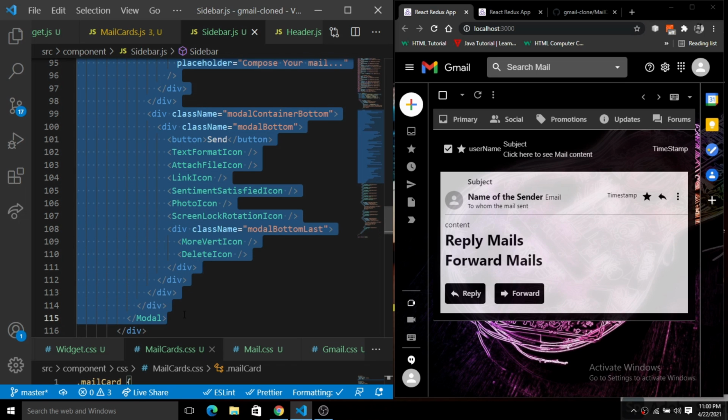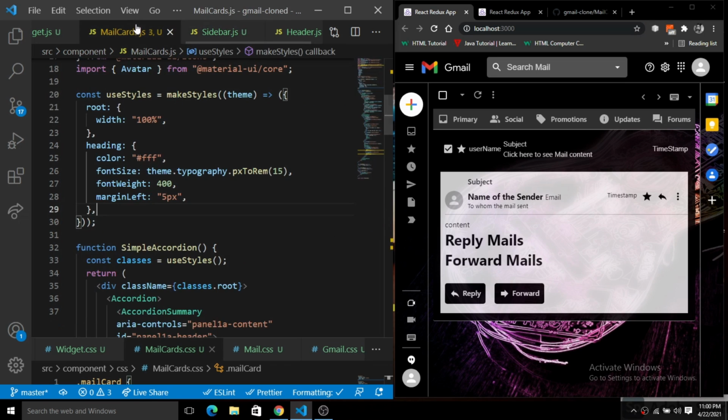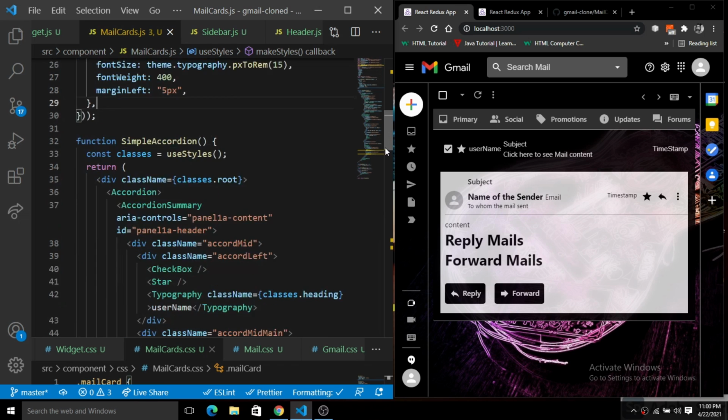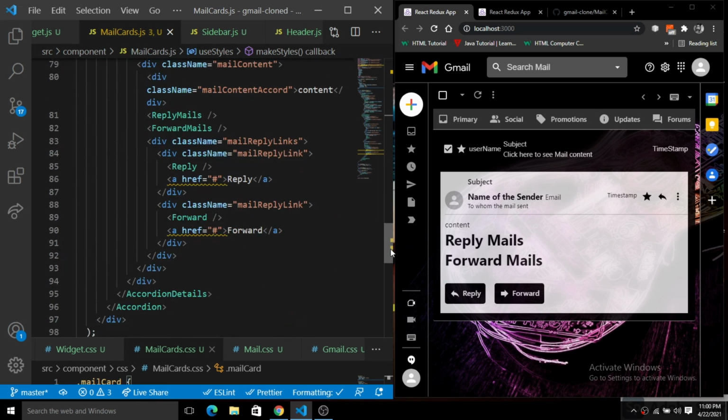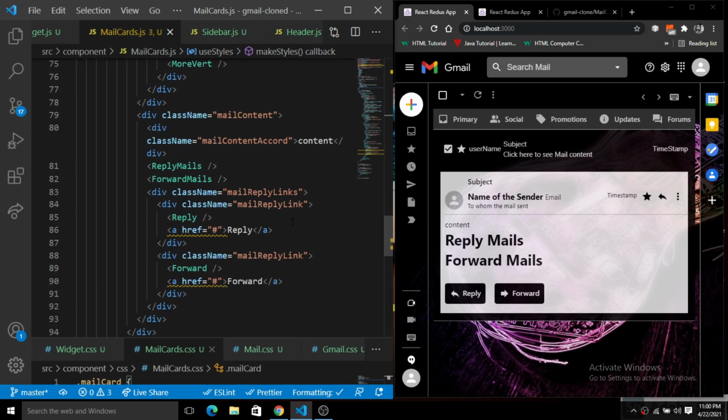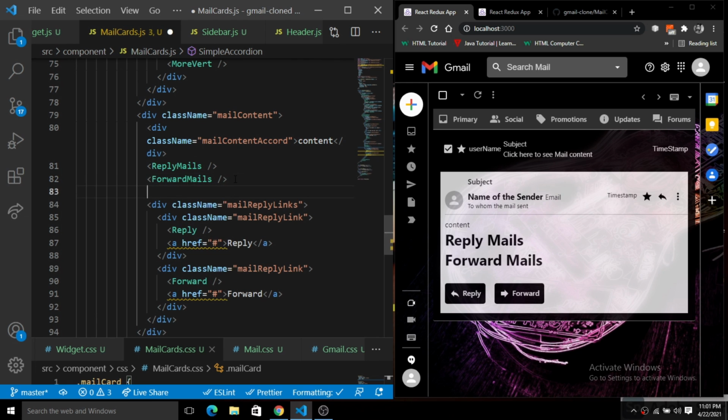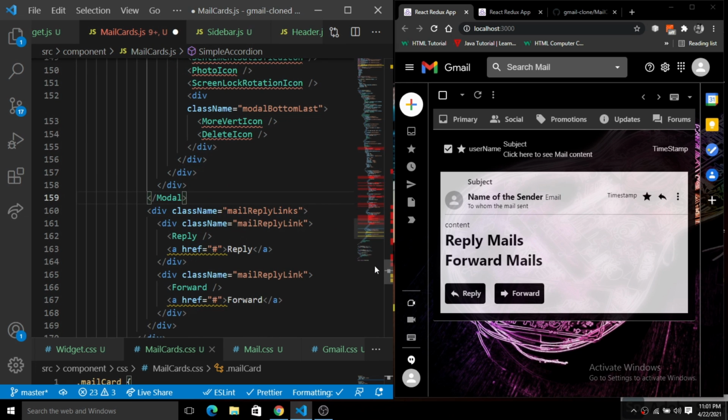Let's copy this modal inside of mailcard.js, and here we will use this modal. So when we click on this reply, we will have a modal there.